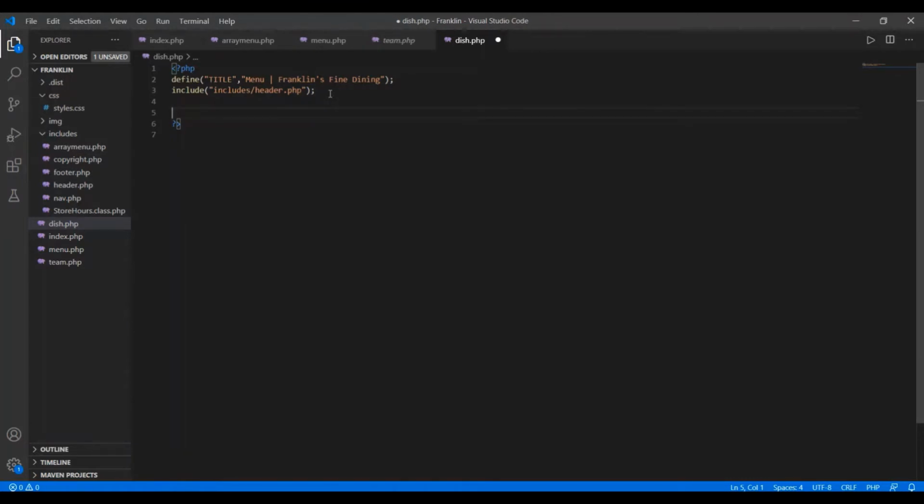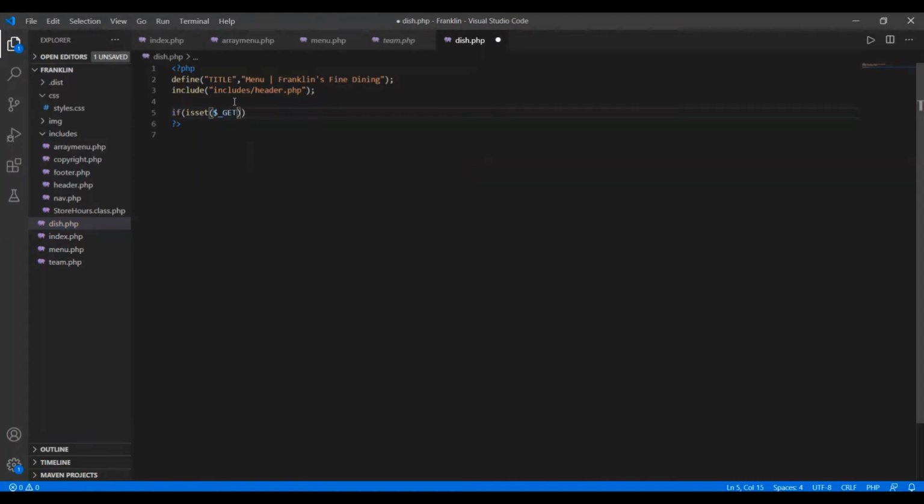So for this I'm using an if statement, and within the if statement I'm going to use the isset function. And in the isset function I'm using a superglobal variable of PHP, that is the dollar symbol, then underscore, and GET.